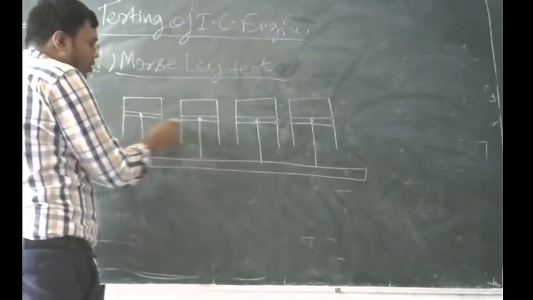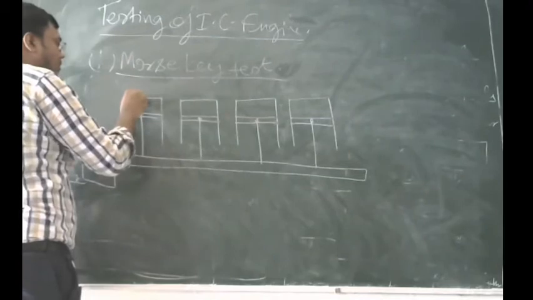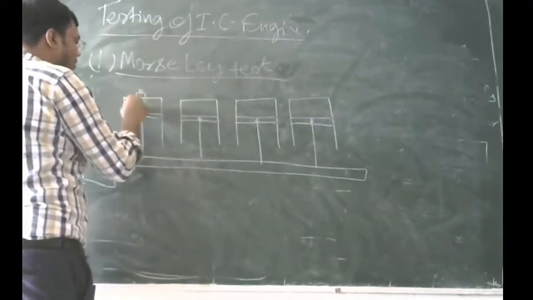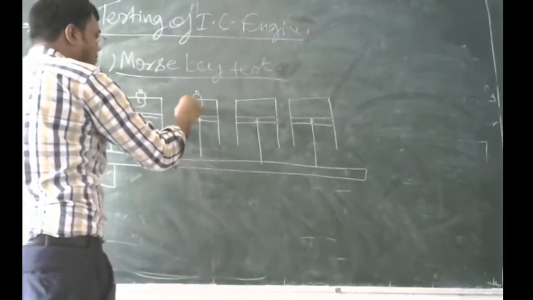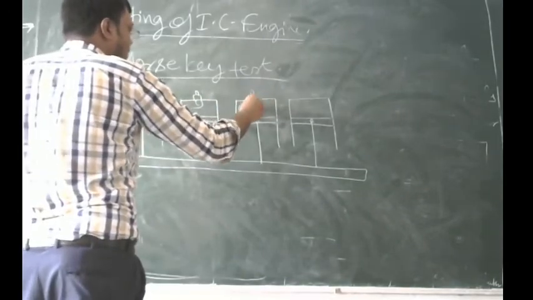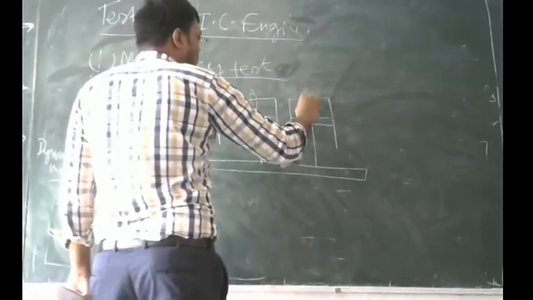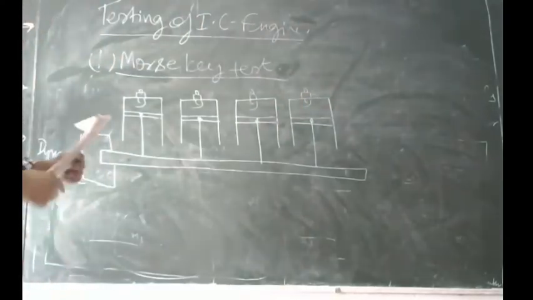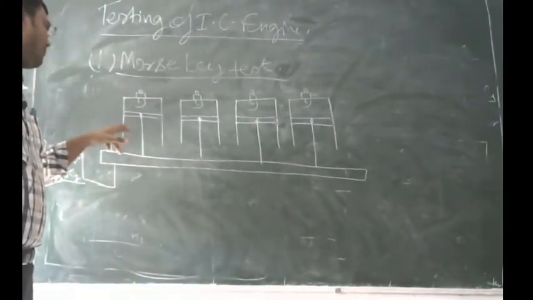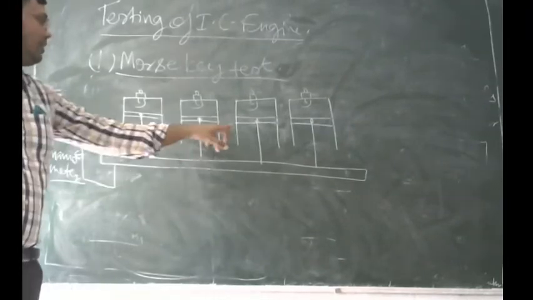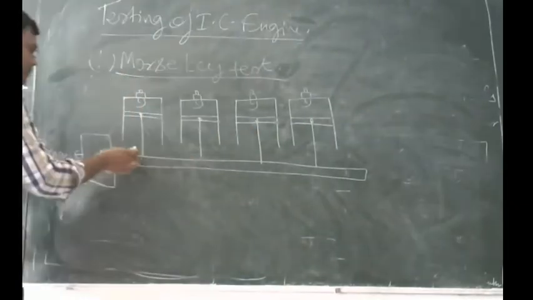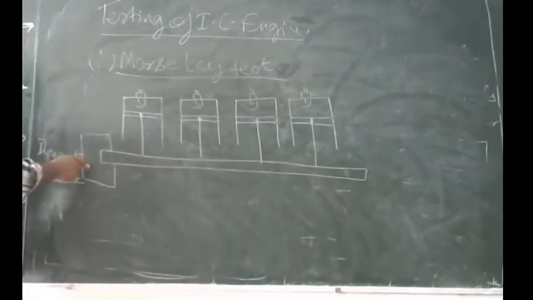Now, assume this is an Otto cycle. So in all these cylinders there is a spark plug. There will be a spark plug here, here, and here also. Initially we are getting power from all the cylinders, cylinder 1, 2, 3, 4. From all four cylinders we get power on the crankshaft, and this power is calculated by the dynamometer. So from the reading of the dynamometer we will find the power of all the cylinders.